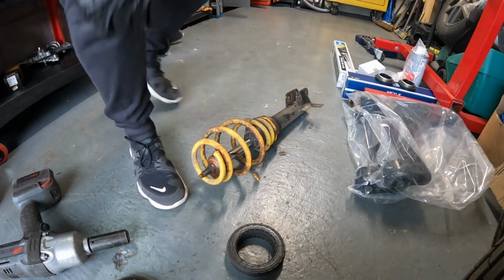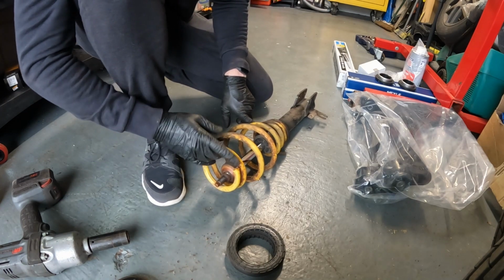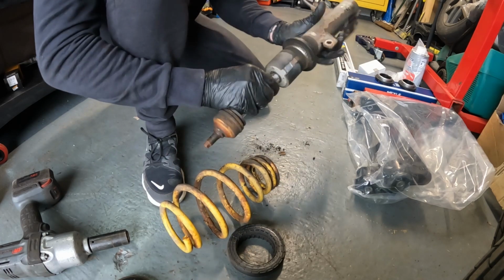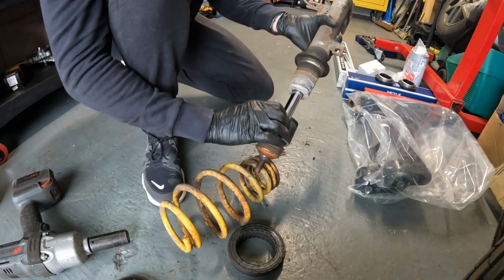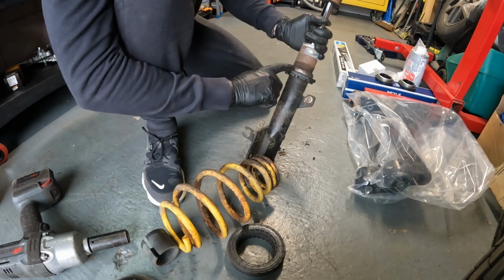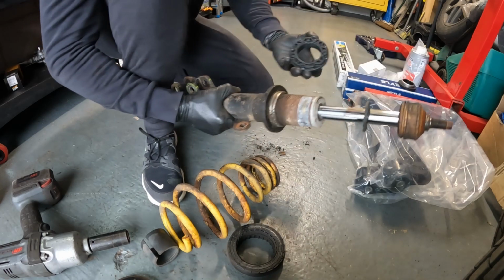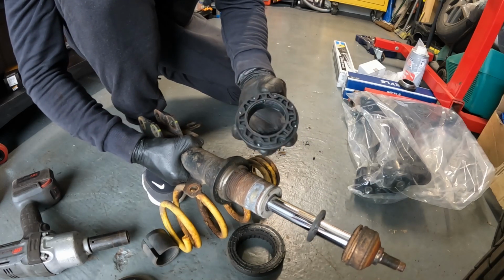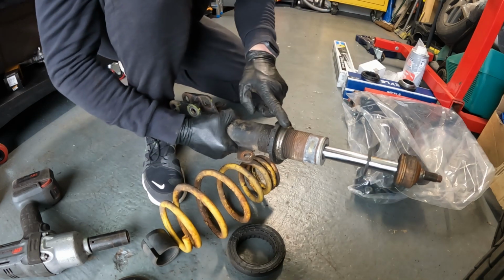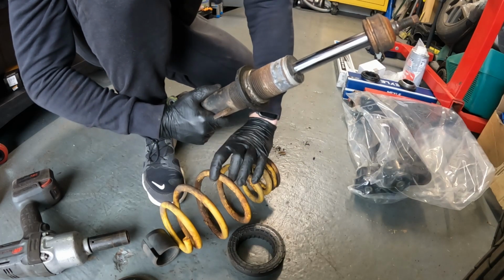So I've just stripped this one. These shockers I'm going to rebuild, get them cleaned up. I've got new dust boots, the springs are going to get powder coated, and I've got new spring perches as well. See, these are all cracked. It's just for 800 quid suspension, not very good. These are seized and they're made of plastic, metal inside and plastic outside. They're all destroyed. So we've got replacements for ST or KW in the UK. Pretty bad that these are made of plastic, I'll be honest. So I'm going to get these cut off, get these dipped in acid, treated, coated, and then springs powder coated